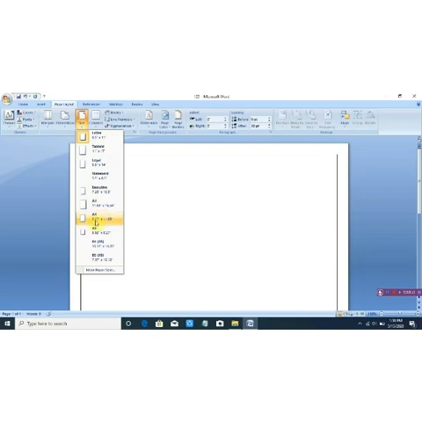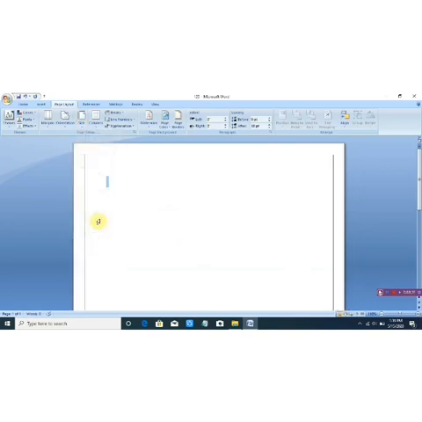The size of an A4 sheet is 8.27 by 11.69. That means 8.27 is the width of the paper and 11.69 is the height of the paper. Then it is called an A4 sheet. Click over it. Now it is converted into A4 size paper.